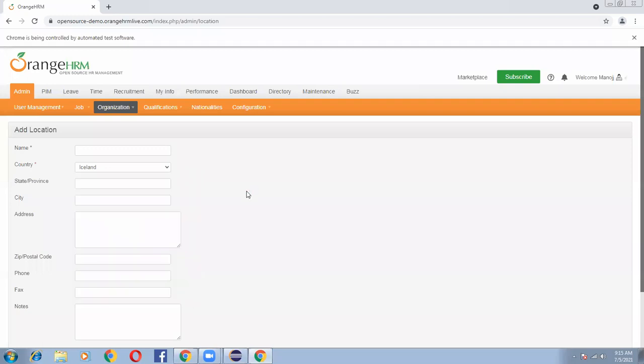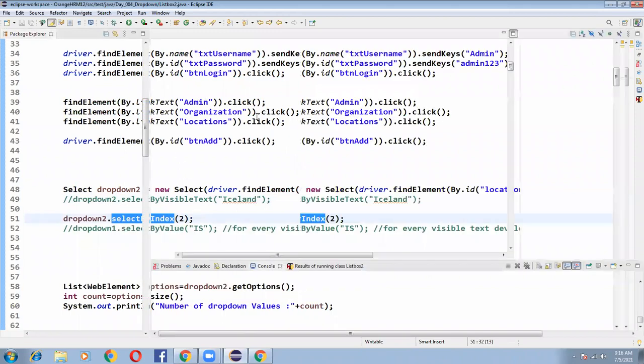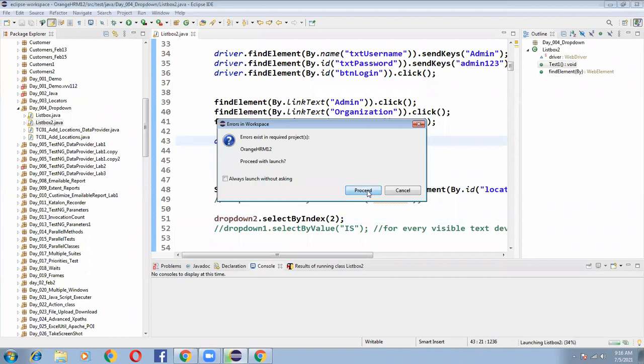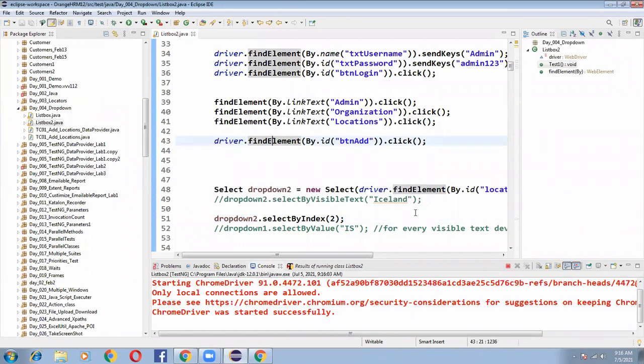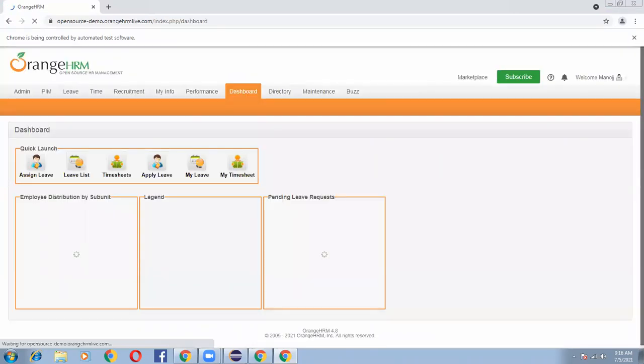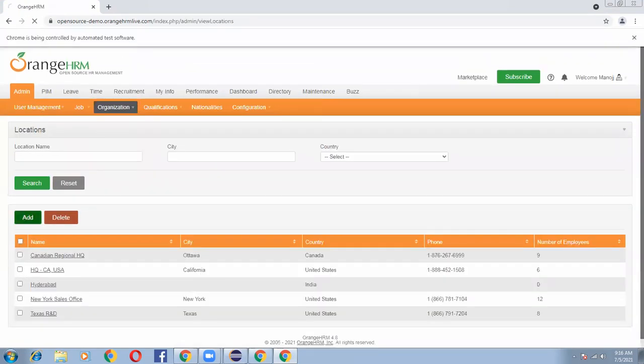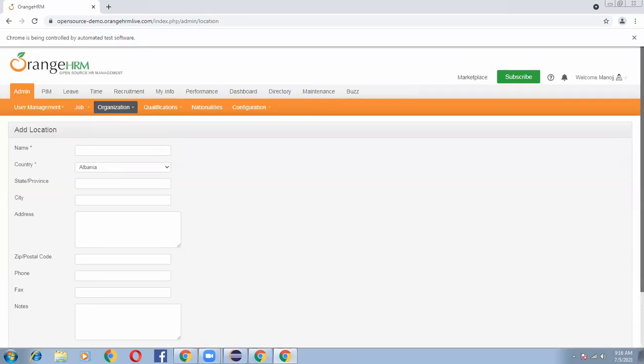So selectByIndex of 2 means the Albania value will be selected. See, Albania got selected. So the second approach also we understood.